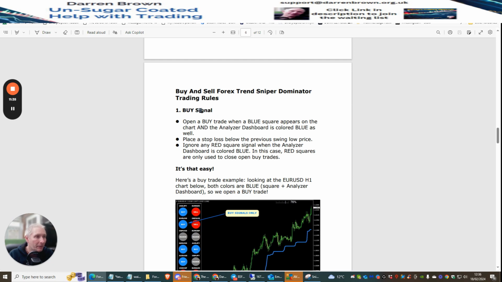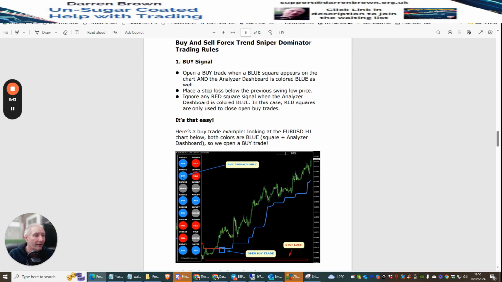So it says here, buy signal: open a buy trade when a blue square appears on the chart and the analyzer dashboard is colored blue as well, as you can see here. So it's telling you that this is blue. Place a stop loss below the previous swing low. This is where you can actually get in. You can see where you've got the blocks running along. So say for instance this is a trade that was going into this situation,